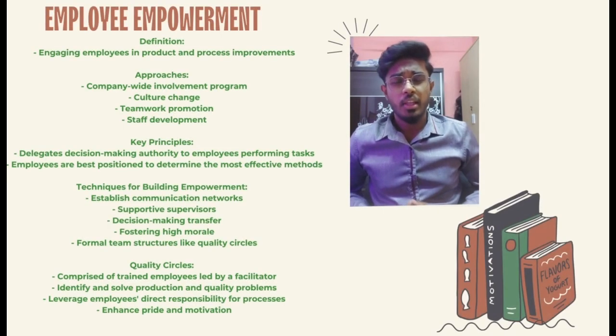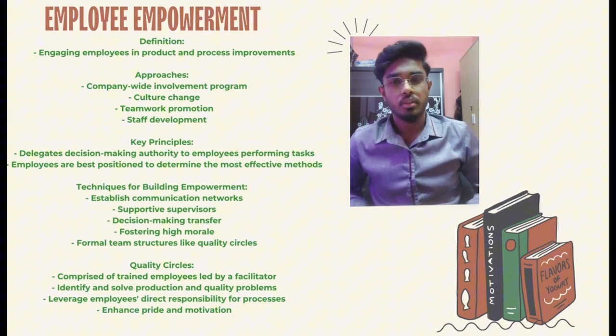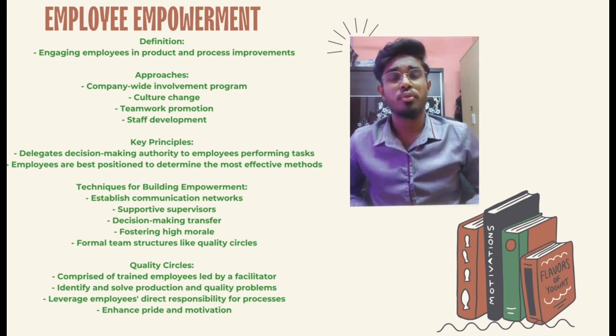The third concept in TQM is employee empowerment. Employee empowerment in TQM involves engaging employees in product and process improvement through a company-wide involvement program, culture change, teamwork promotion, and staff development. It delegates decision-making authority to employees performing tasks, as they are best positioned to determine the most effective methods. Techniques for building empowerment include establishing communication networks, supportive supervisors, decision-making transfer, fostering high morale, and formal team structures